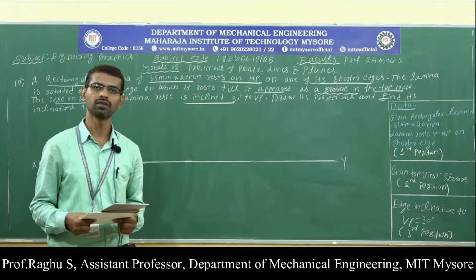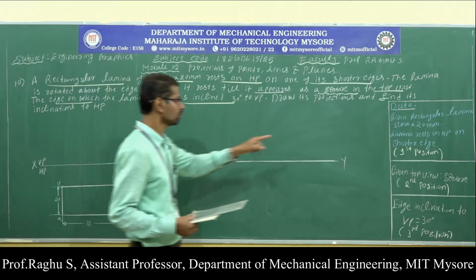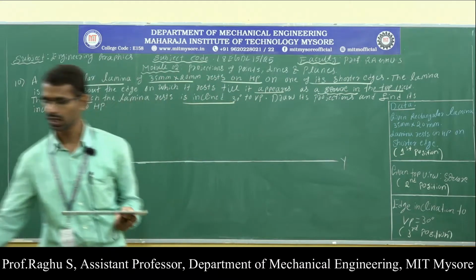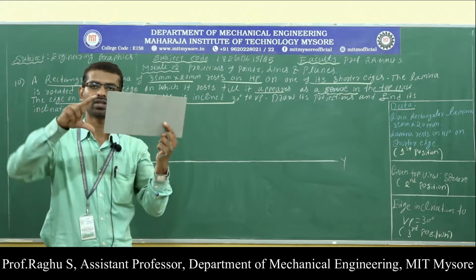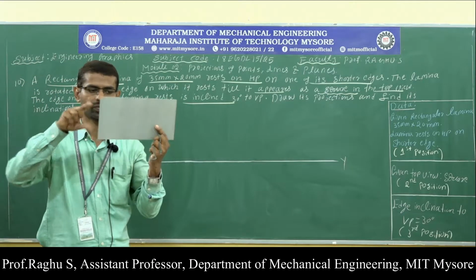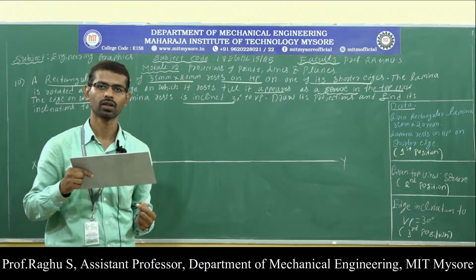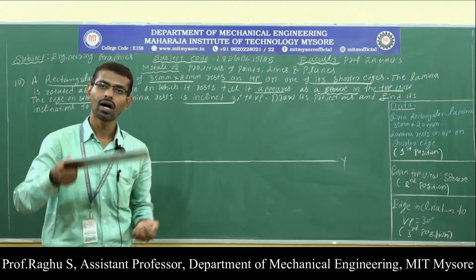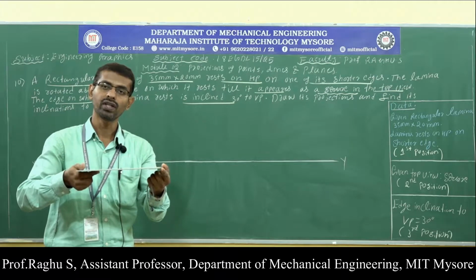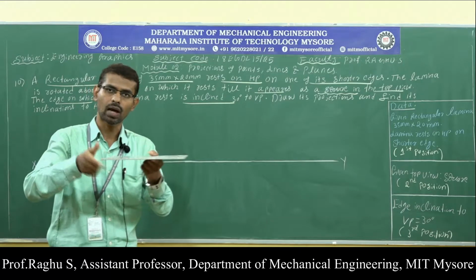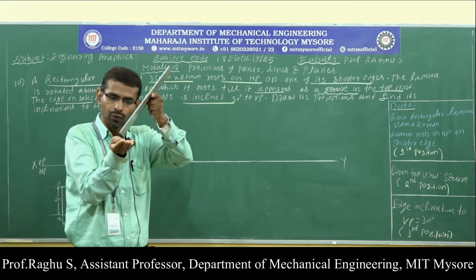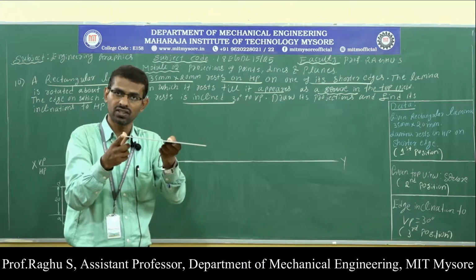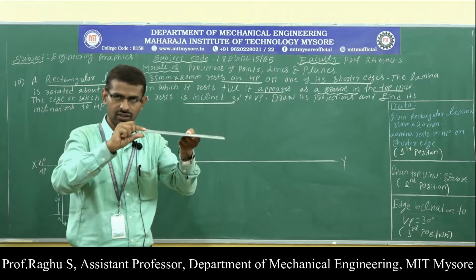So first note down the type of the lamina. Here the given lamina is a rectangle of 35 mm and 20 mm dimension. Next, check whether the lamina is resting on HP or VP. The lamina is resting on the horizontal plane, on one of its shorter edges or longer edges. So the lamina rests on HP on one of its shorter edges. The side towards your left side is considered as the resting side. Therefore, this is called the resting side.